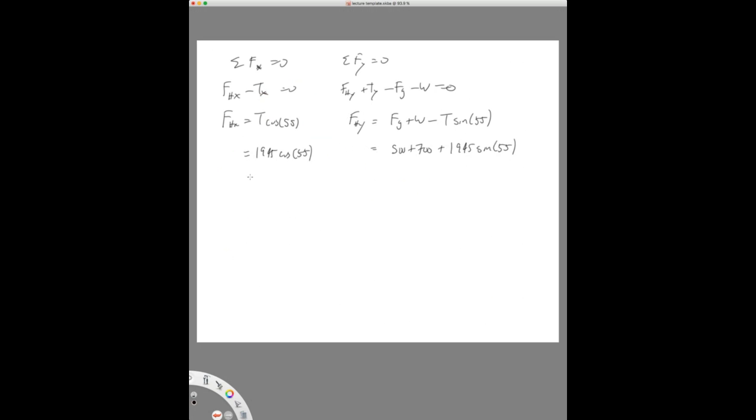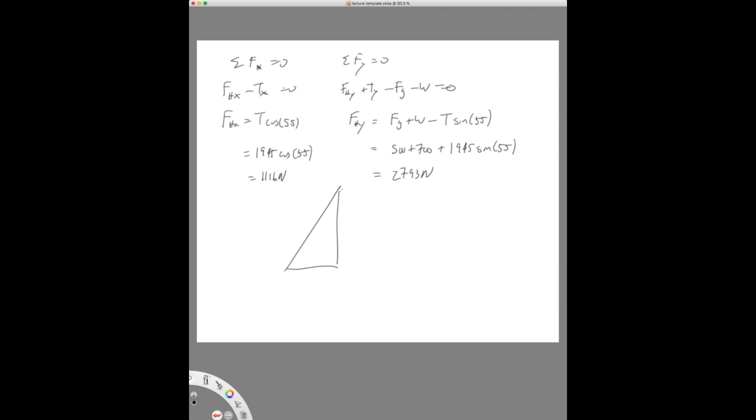So the F hinge x is 1,116 newtons, and for the y component, it's 2,793 newtons. So this means this force,